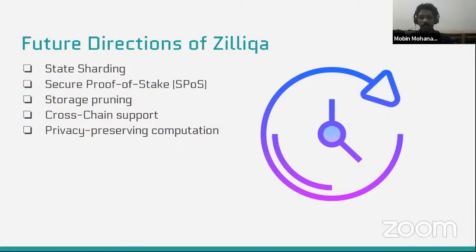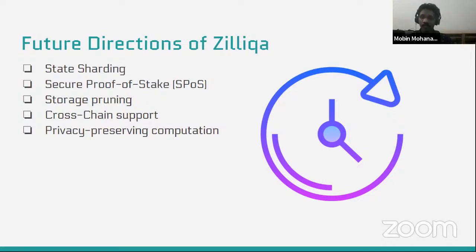And Zilliqa is planning to have a secure proof of stake consensus mechanism, which will also increase the throughput of the transactions in a much faster way, and storage pruning. Like I said, to connect to the blockchain itself, we just have to have higher storage. So Zilliqa has managed to solve this issue by using state sharding. It will be able to shorten the storage issues faced by other public blockchains,